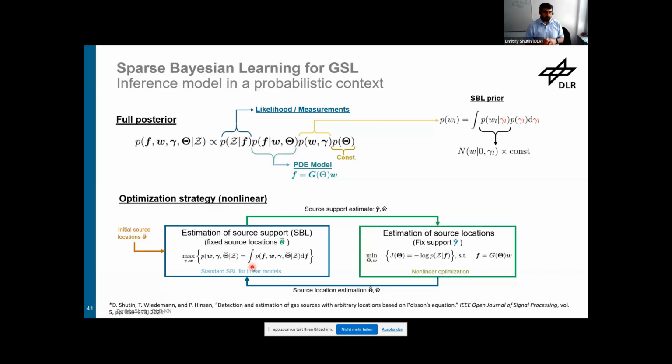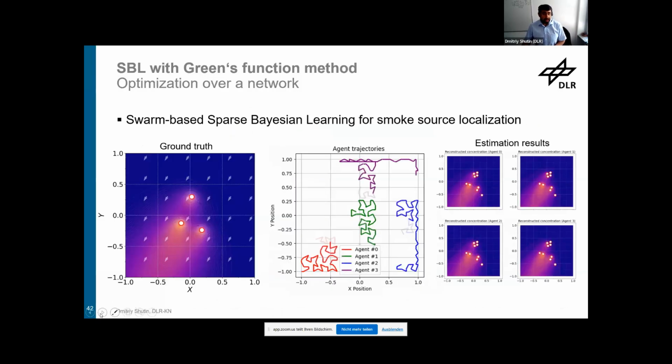So we start with a very large number of sources, like 1 million. We fix them. We do the sparse Bayesian learning and identify which sources are zero and which sources have a non-zero release rate. And then we go into the nonlinear optimization problem, where we say the support now is fixed. So we work only with active sources, but now we allow these sources to move through our omega domain, through our exploration domain. So we move these sources, we find new locations, and then for these newly located sources, we do SBL. And this is an iterative optimization. It's a nonlinear scheme, but it seemed actually to work.